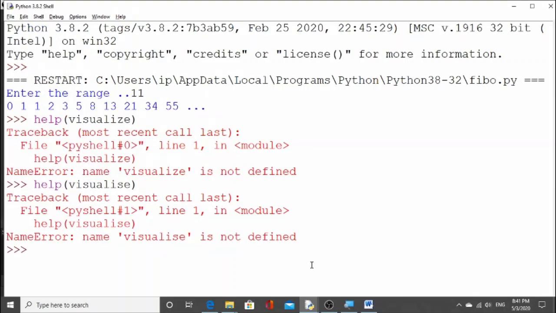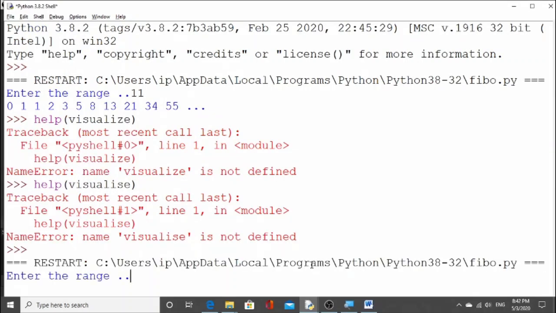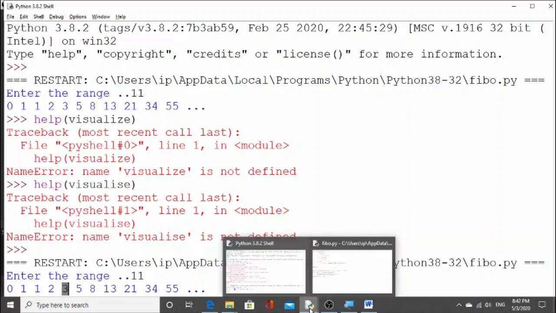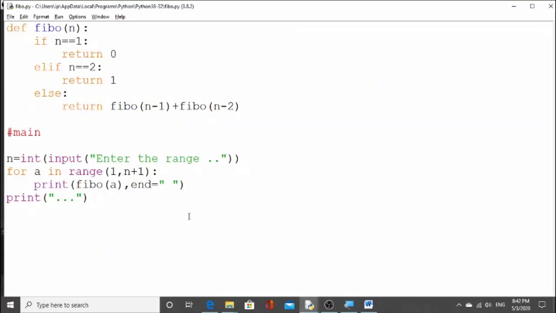I am running this program. Now see, I am generating this till 11, means total steps 11. So you can see every third number is sum of previous two numbers. Look at this one, this is sum of previous two numbers, 0 plus 1. Look at this 2, it is sum of previous two numbers. Look at this 3. So likewise, in this Fibonacci series, every third number is summation of last two numbers, last two digits. So we'll learn how this program is working through recursion.